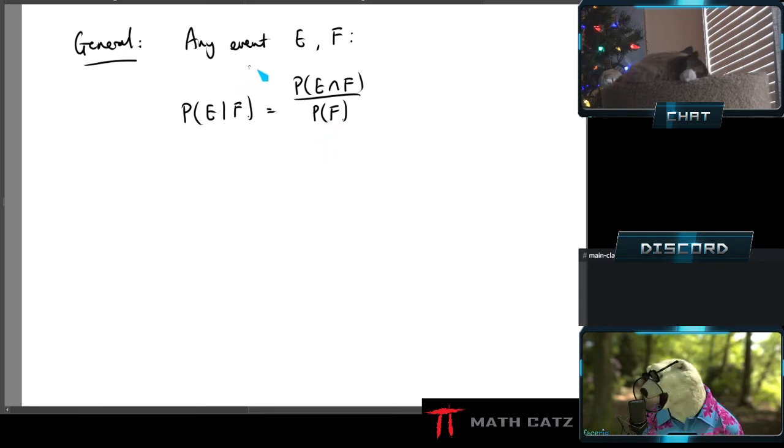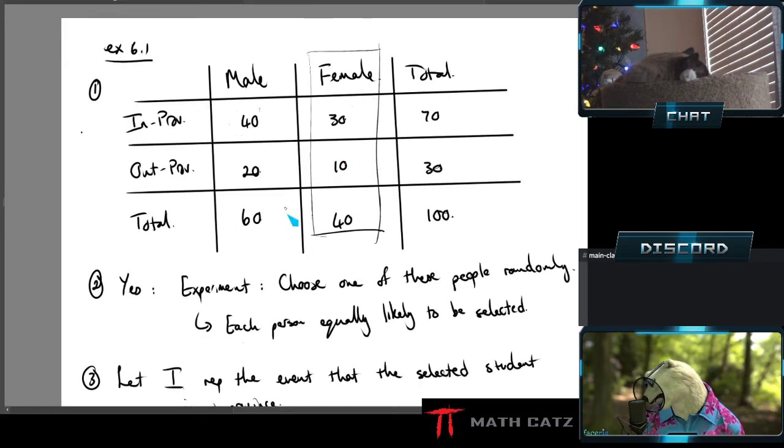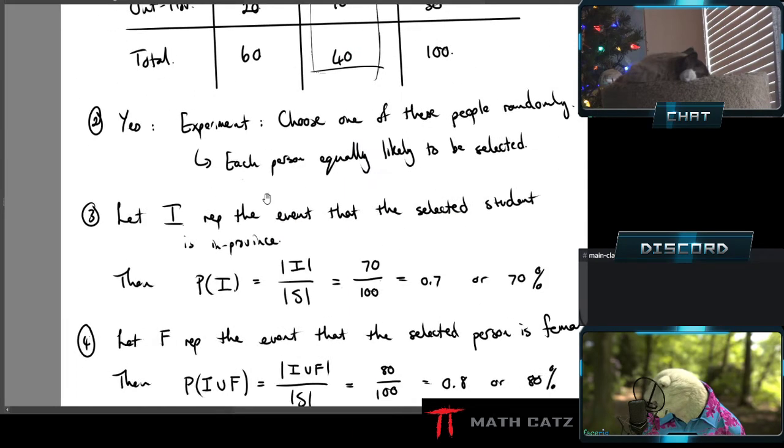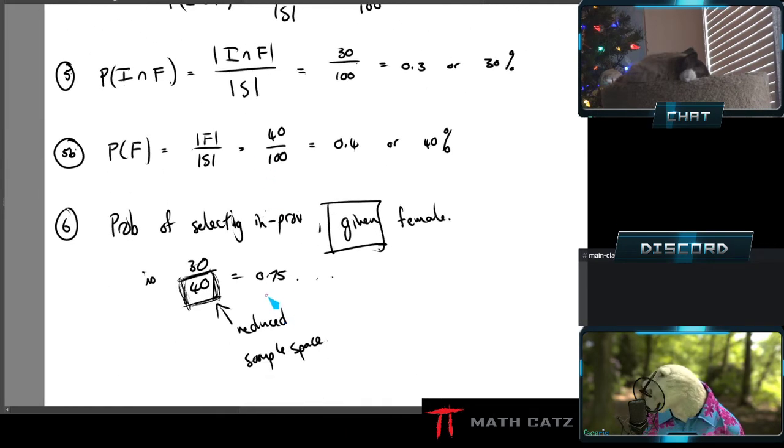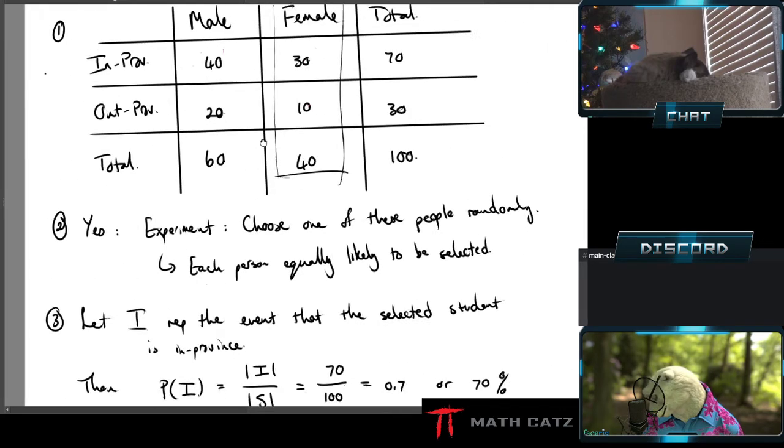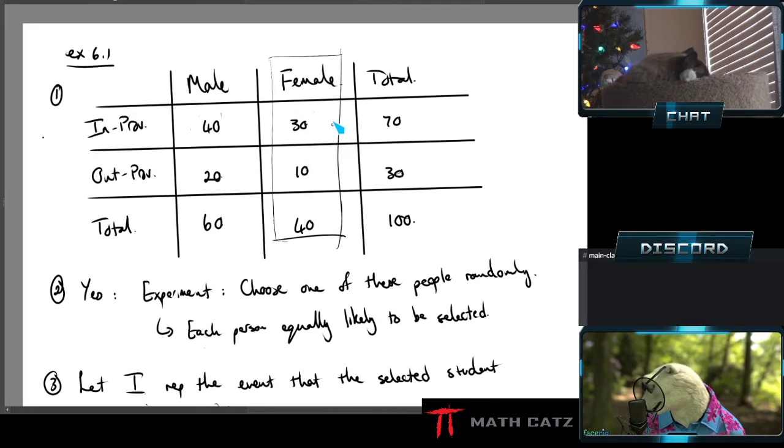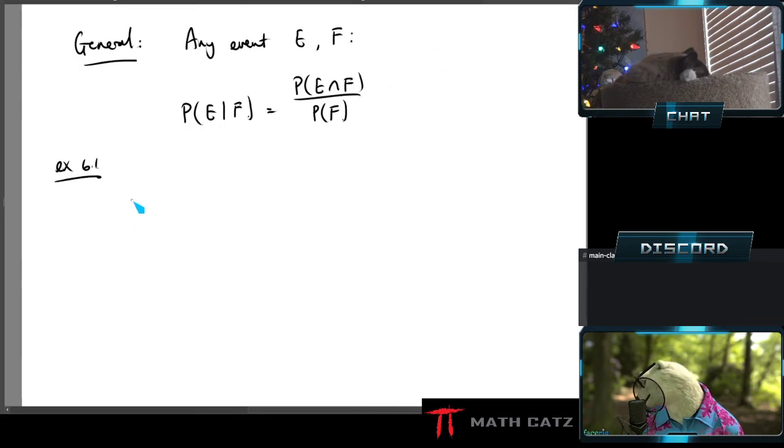So I have to sort of put blinders on here and identify: am I trying to find a conditional probability? Yes. Then calculate two separate things as if they're brand new questions and put them in here like this, and that will be your answer. Let's go to our exercise 6.1. Was it 6.1? 6.1. And just look, if we get the same answer as number 6, do we get 0.75? Without looking. Right?